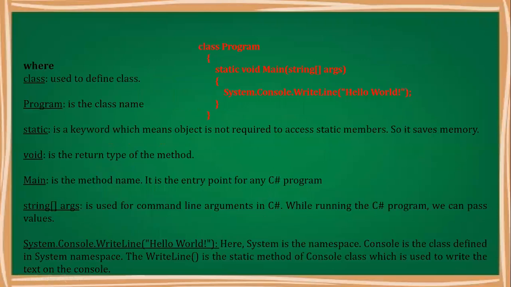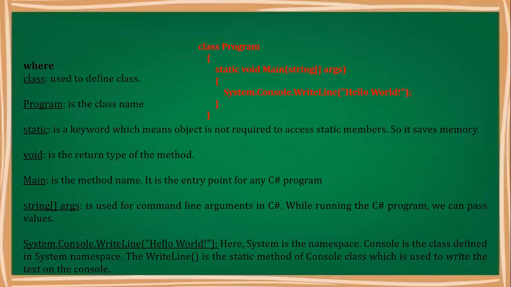So in red color, you can see a normal simple C# program is written where class is the keyword and Program is the name of the C# program. Okay. After that, you have to open the curly bracket. Then there is the keyword static void Main. Okay. Static void Main. This is the main method of any program function.